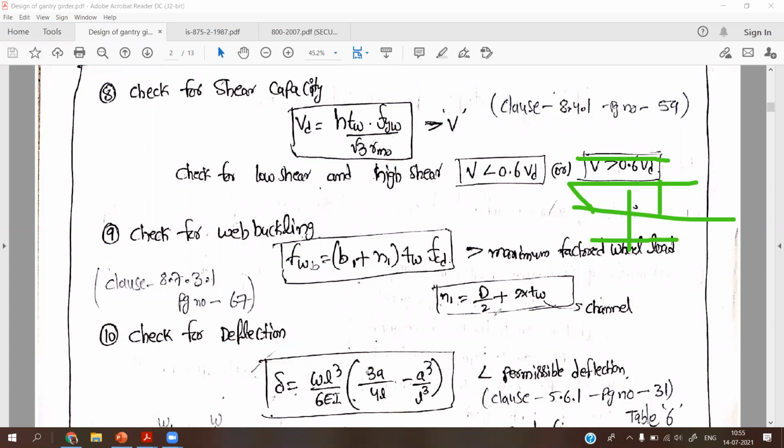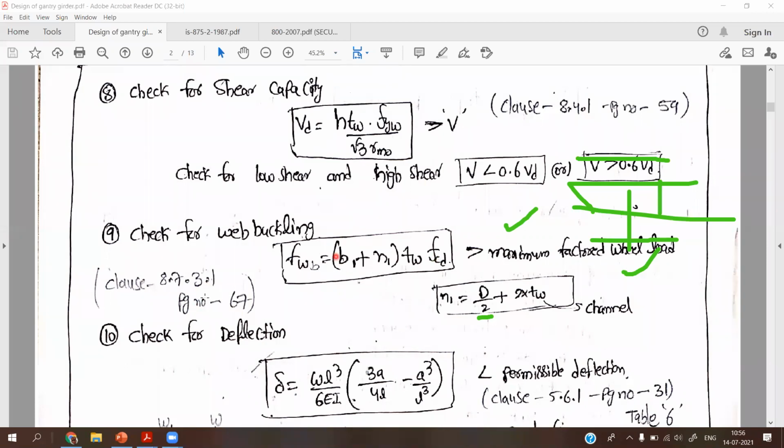So N1 is equal to D by 2 plus 2 into Dw. This topic was already clearly explained in the beams. Next, check for deflection. This is the most important case, and these formulas are available in the class 8.7.31.1, page number 67.